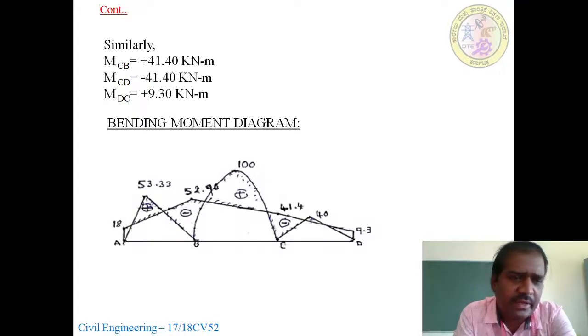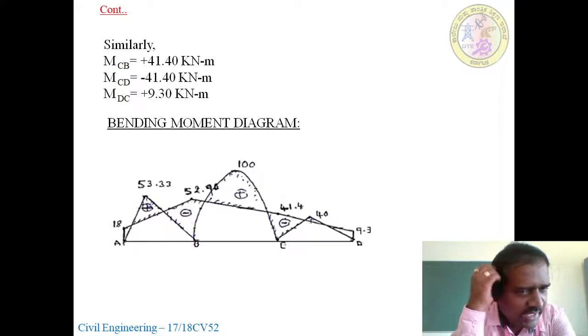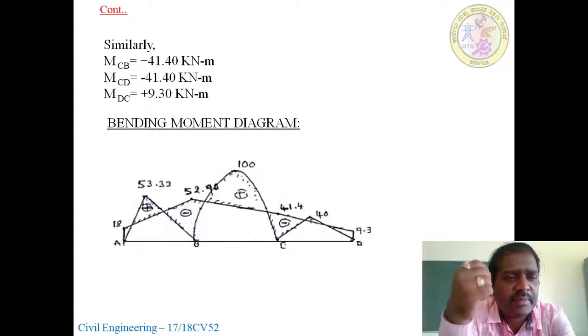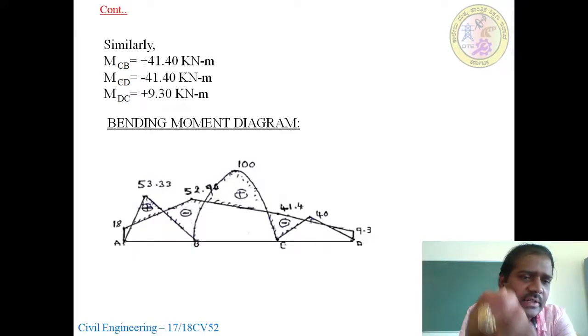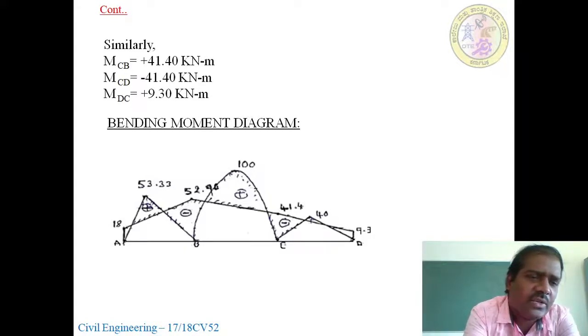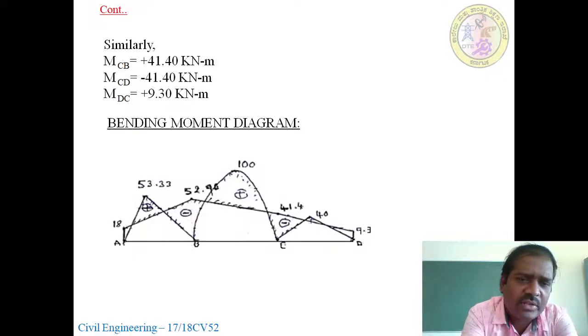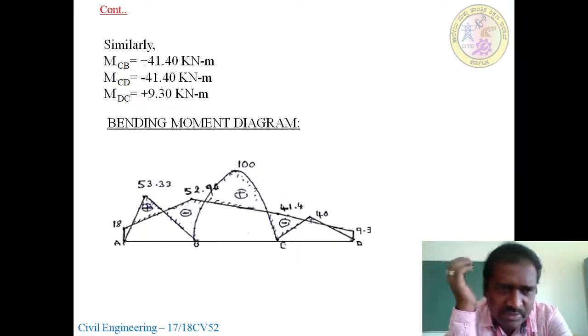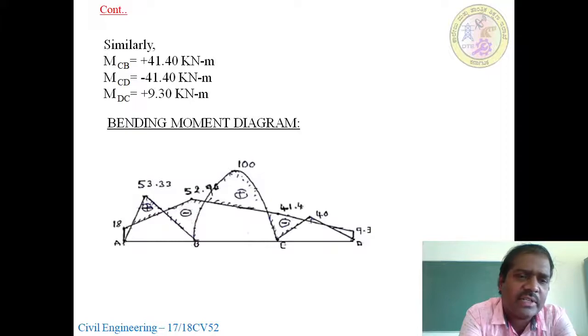See here at A. Check whether the standard directions match the signs of your final end moments or not. What do you understand by standard directions? We have a standard direction for AB, BA, BC, CB, CD and DC: first anti-clockwise, then clockwise, anti-clockwise, clockwise, anti-clockwise, clockwise. You have already studied this in slope deflection as well as in the moment distribution method.